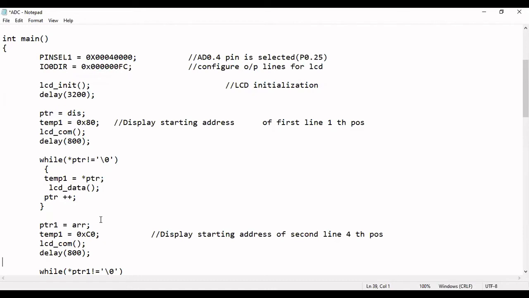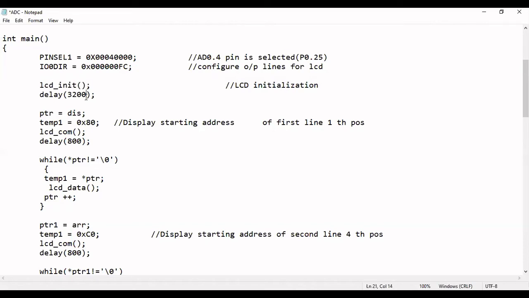We are not going to write the code, so those are the lines we are avoiding. Why are we not writing the lines of code for LCD init? Because we have already included them in the interface, the header file. We are just calling this function LCD init. Whatever lines we have to write in the init are already included in the header file. It runs that code, and all the initialization for LCD is done.